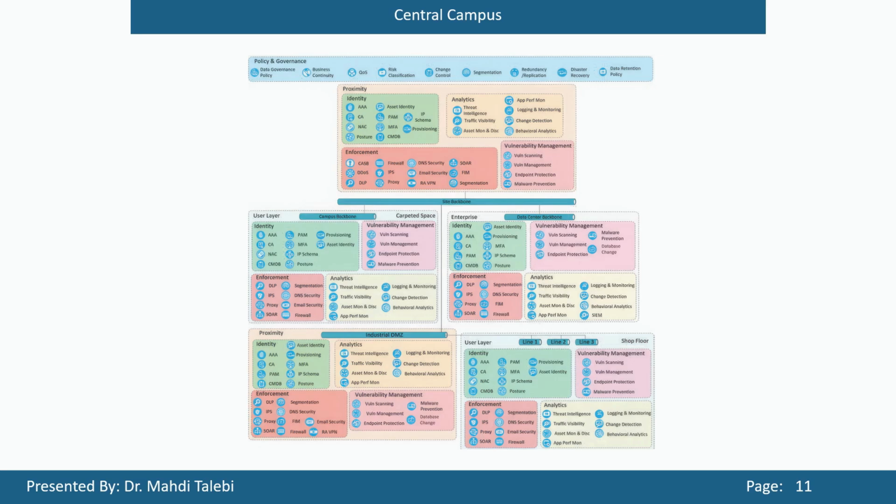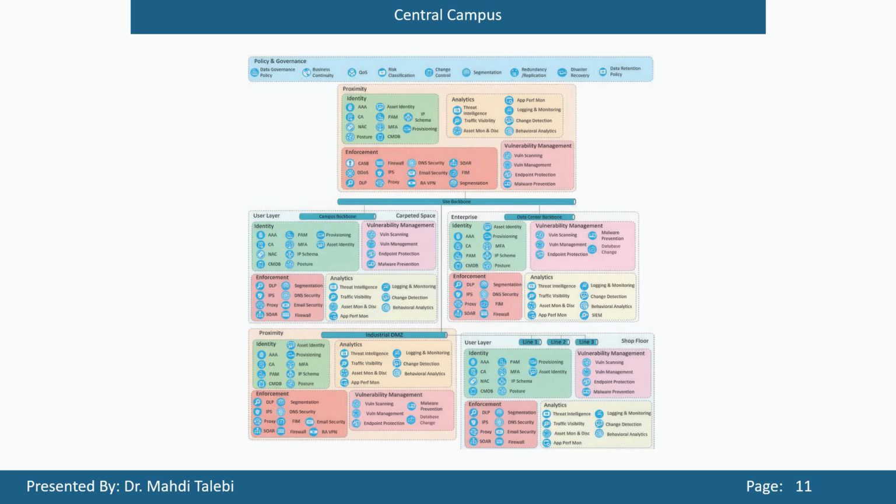and policy retention. Diving deeper, the identity section ensures every device and user is correctly identified and authenticated using multi-factor authentication, MFA, conditional access, CA, and network access control, NAC, which are crucial for maintaining a secure and resilient network environment. This layer works in tandem with asset identity and provisioning tools to keep the identity management process streamlined and